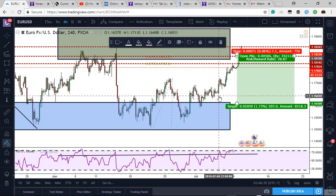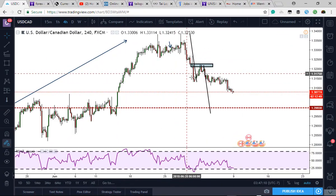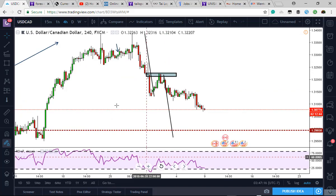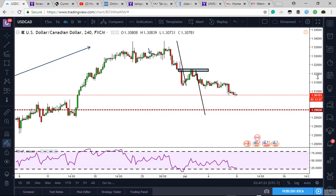Now this is one thing I have on my Euro USD. The second pair that I'll be looking at is the dollar CAD. Okay, let me try to remove this. Okay, but it's fine. So as you can see, I already had my analysis on the dollar CAD. Because of time's sake, I won't have time to start from the beginning, so I'll just take you through what I was looking at. So on the dollar CAD,